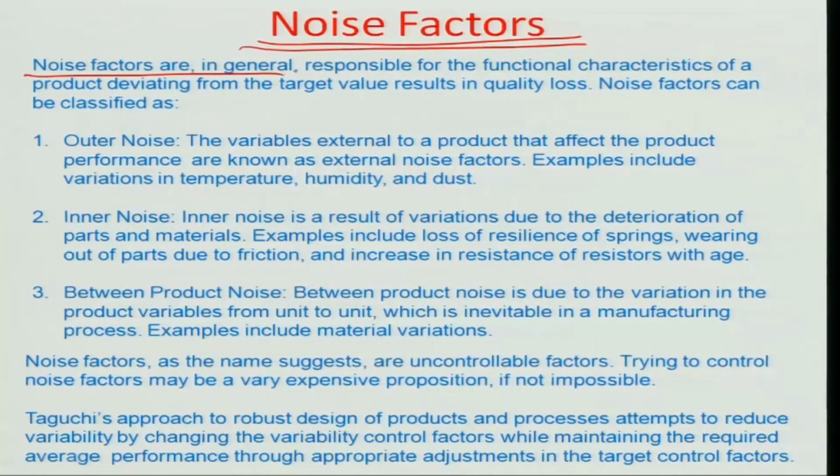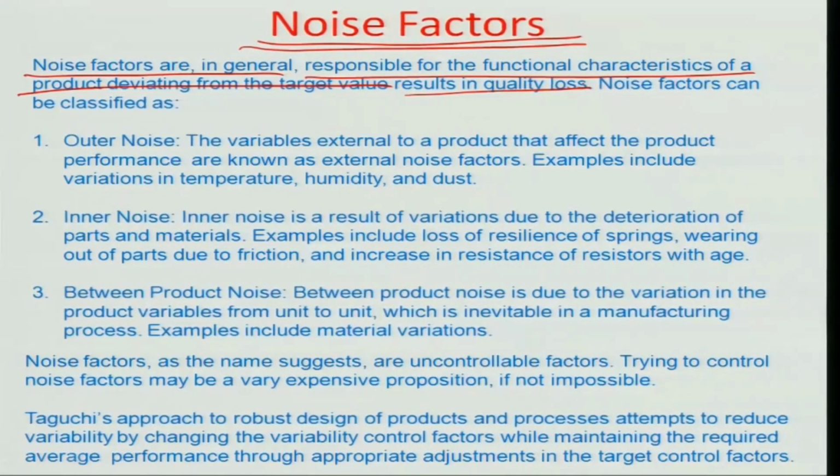Obviously, there can be a noise which can be related to the external environment of a product, and there can be a noise which is related to the internal nature or characteristic of the product, and then there can be a variability between the different products which are produced across a different production process. So noise factors in general are responsible for the functional characteristics of a product deviating from the target value, and obviously the outcome is a change in the quality loss, an increase in the quality loss, because the target is